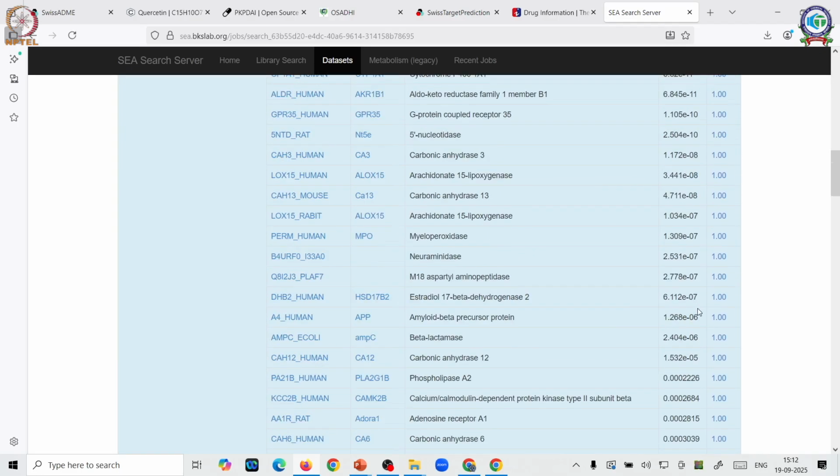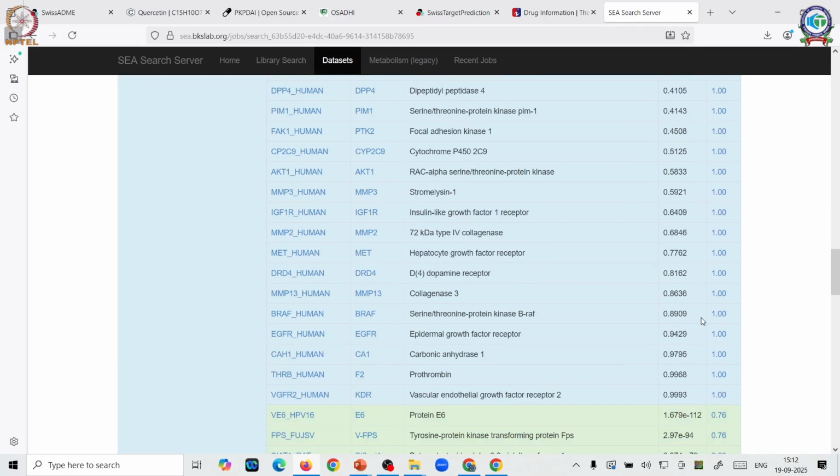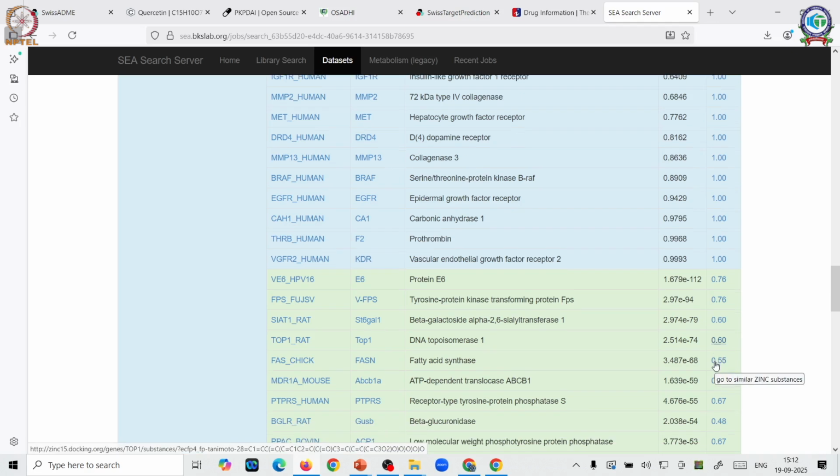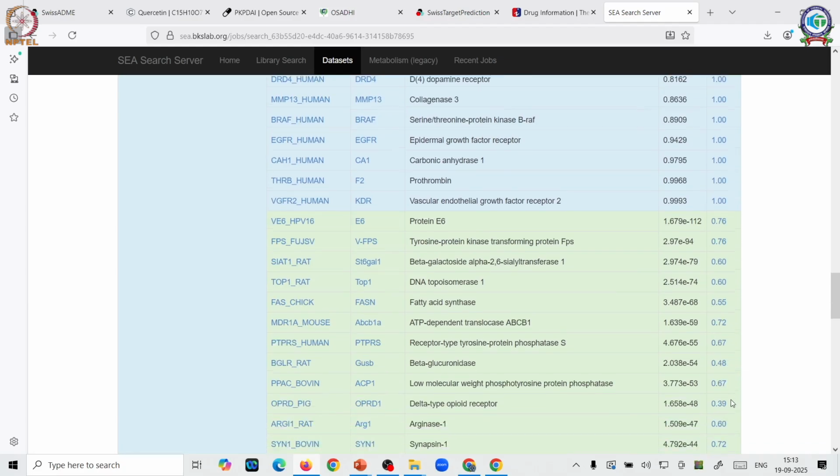So how much does the similarity decrease? If you consider 1 as 100, this one is almost 76% structurally similar to quercetin, whereas this is a molecule which is 60% structurally similar. Anything that is not 1 is highlighted in other colors, so it is easy for us to demarcate that this is not quercetin, but other molecules which have a good structural similarity to it.